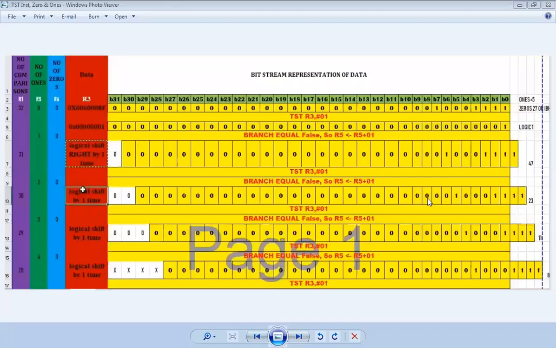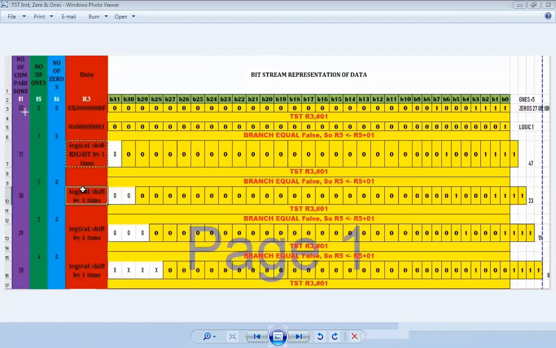Basically you should understand this TST operation is playing a very important role, not only in checking the positive and negative values, but it is actually doing a logical AND operation. So let me just tell you one more point. Of course I have mentioned, but let me just re-emphasize on it. As mentioned previously, no data is saved, or the register contents are not changed.